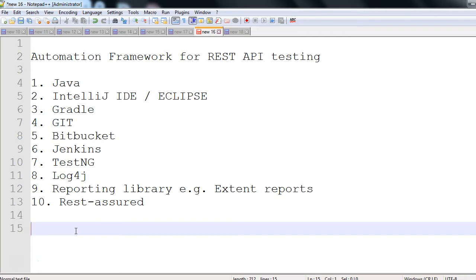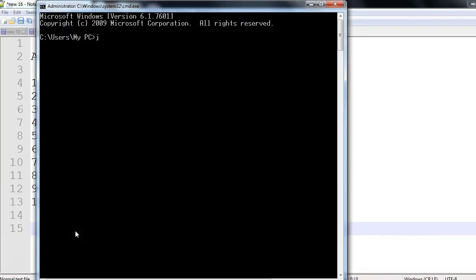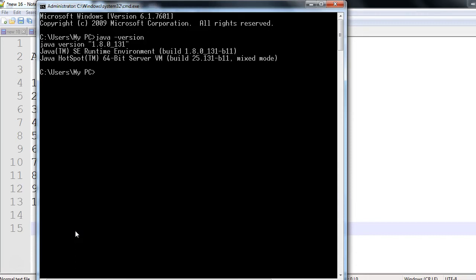So installing Java is pretty simple. On my machine, let me see what I have. If I check the Java version, I would say you should have at least Java 8 on your machine. In my machine I have Java 1.8,